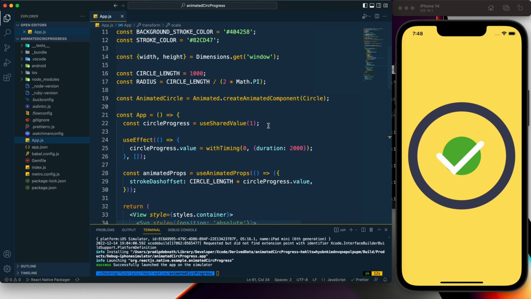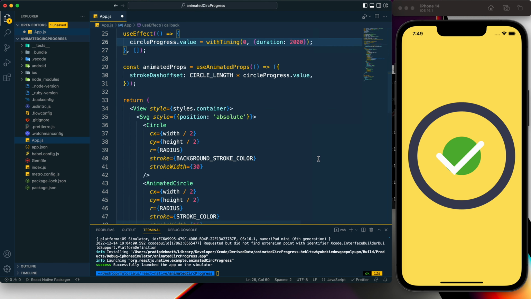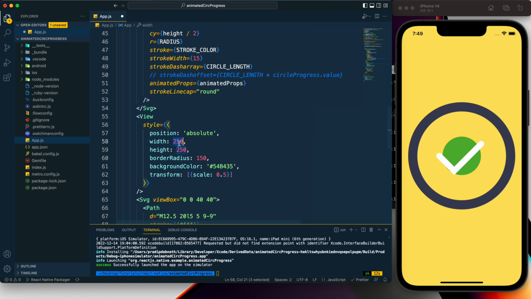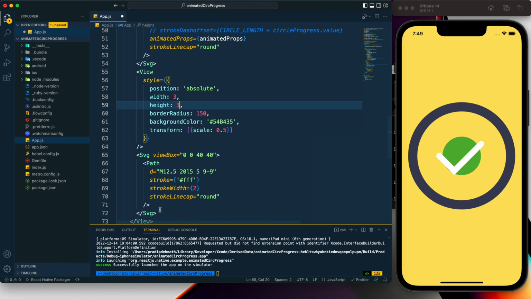So let's implement that, and for that here we need to create another shared value variable, and let's call it scale. For the value of it I will use 1, and by default I'm going to use width of it 3 and height of it 3 as well. And let's comment this check mark as of now,